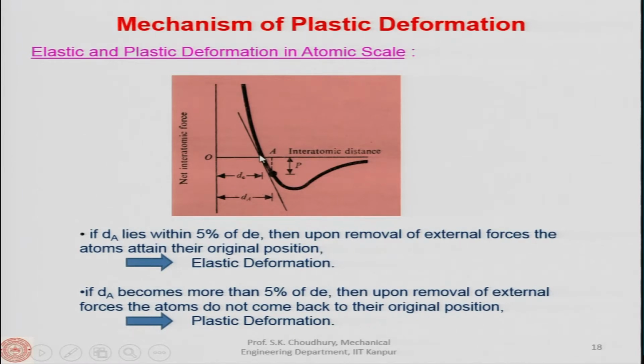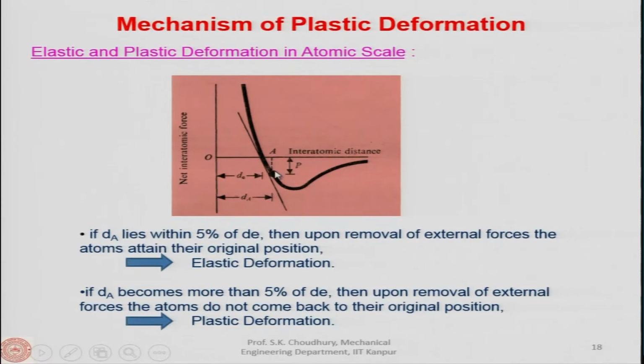Now, suppose the atom has been taken from this position to this position. What does it mean, taken? Taken means there is a shear force applied, a strain rate applied, and because of the high strain rate the atom in the lattice structure is moved from one position to another. Let us say it is moved from the equilibrium position to position A. A will be moved along this line only, because this is the variation between the interatomic force and the distance. So, let us say this distance dA lies within 5% of dE, not more than 5% of dE,